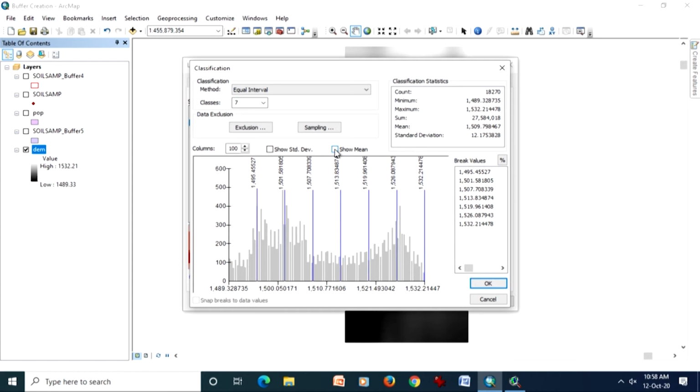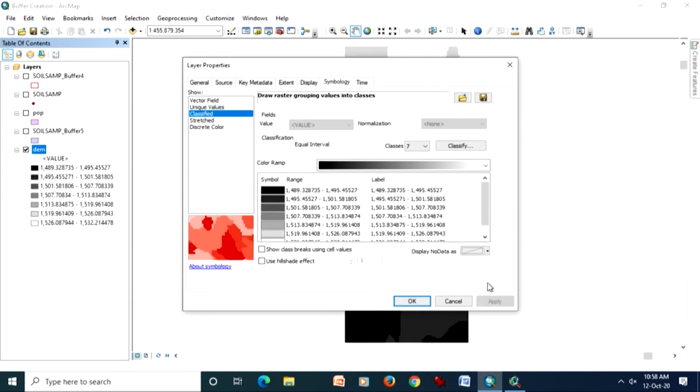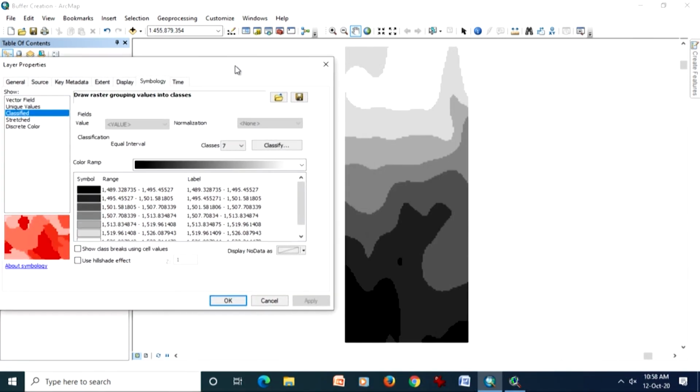Here, in the case of raster data, the digital elevation model which I have taken is continuous, and therefore it will have only one attribute, that is the cell value or elevation value. Here also you get the simple statistics including standard deviation, mean value, sum value, minimum and maximum and total count, everything is there. So, if I classify this using equal interval and 7 classes, this is the result I am going to have, as you can see.